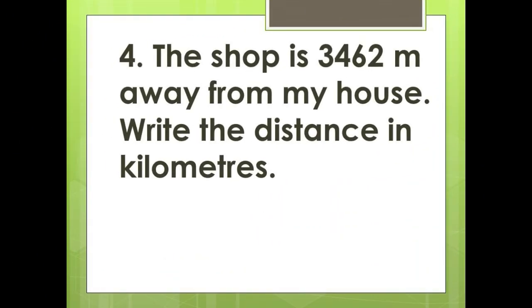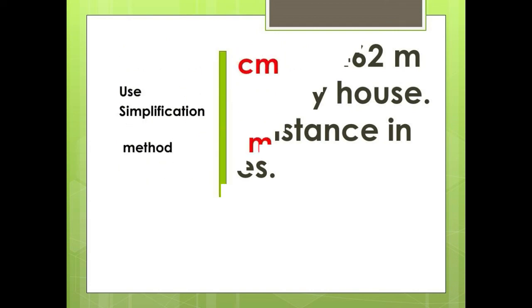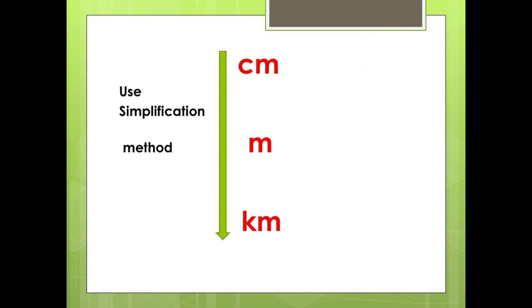The shop is 3462 meters away from my house. Write the distance in kilometers. See here children, the shop's distance is given in meters. We have to convert it to the kilometers. So meter is up, kilometer is in down. If you want to convert from up to down means we have to use